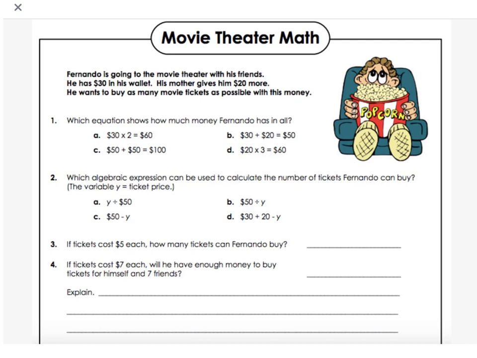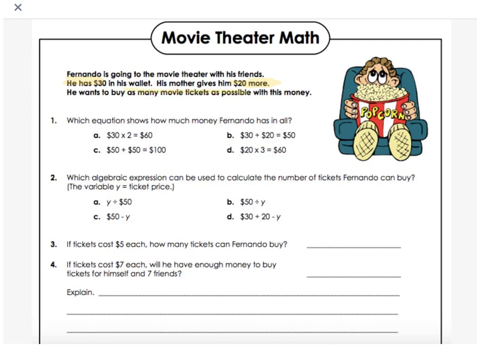Fernando is going to the movie theater with his friends. He has $30 in his wallet. His mother gives him $20 more. He wants to buy as many movie tickets as possible with this money. So I know that he has $30. And I know that his mother gives him 20 more. And I'm going to put a little extra highlight on that word more because that's one of my clue words. He wants to buy as many movie tickets as possible